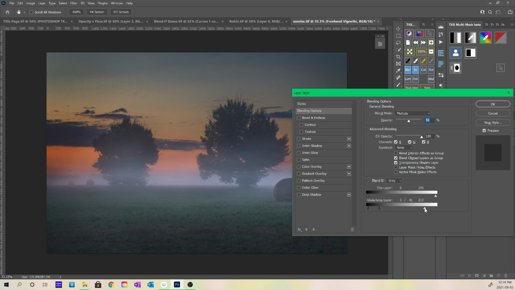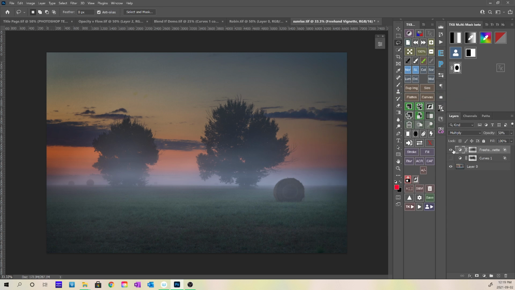If I want, I can do the same thing with the highlights, although I didn't really select any bright highlights within the vignetted area. Click OK. It's a little more subtle. In fact, the darker parts of the image aren't going quite as dark, and there's still details showing. It's still a little bit too much, so I can adjust the opacity,